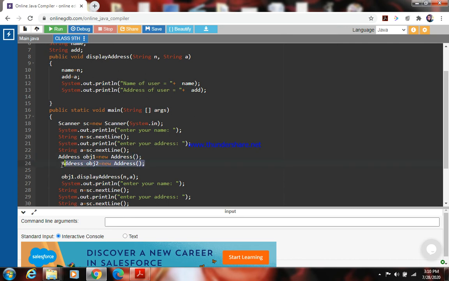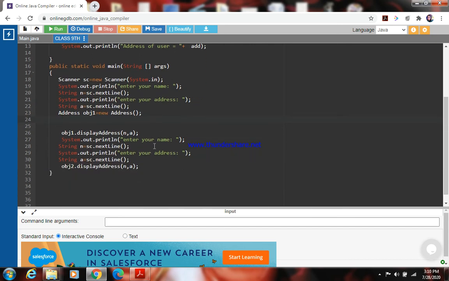Now I'll cut this object from here and I'll create the object after the method calling statement, and I'll create here now n with n1 and a1. I'll pass here n1 and a1 to store two addresses of the person.